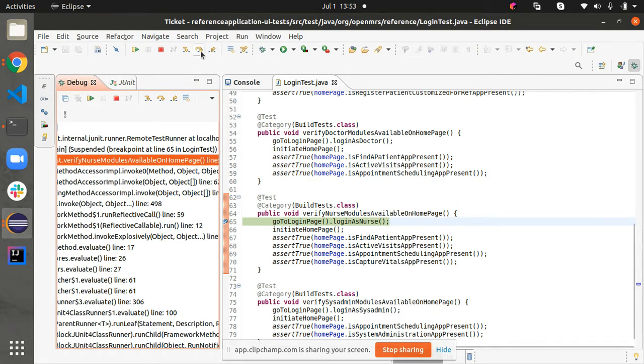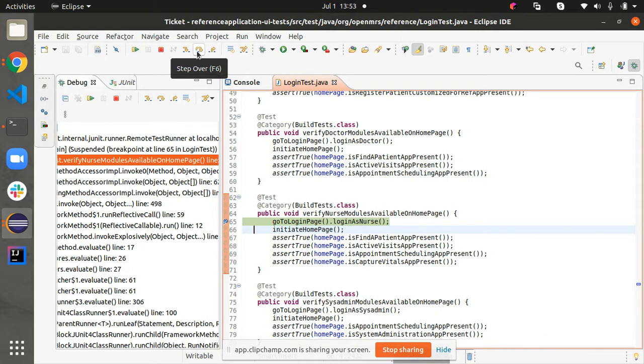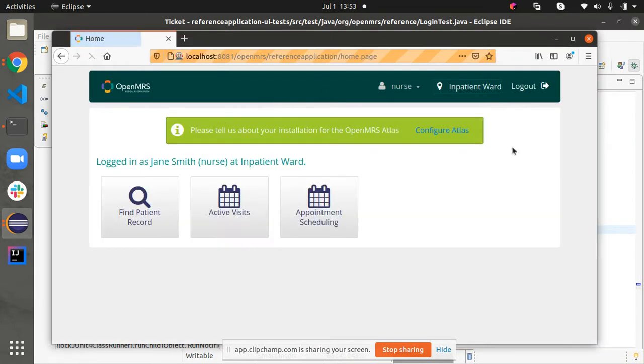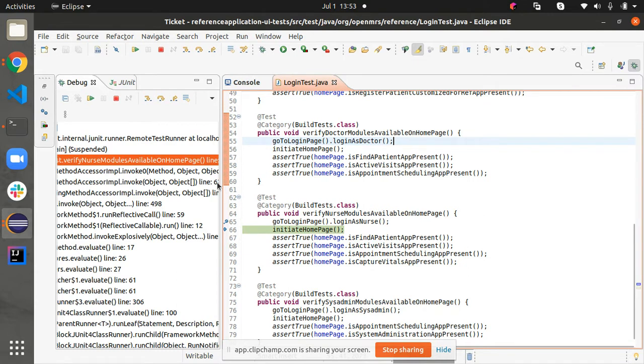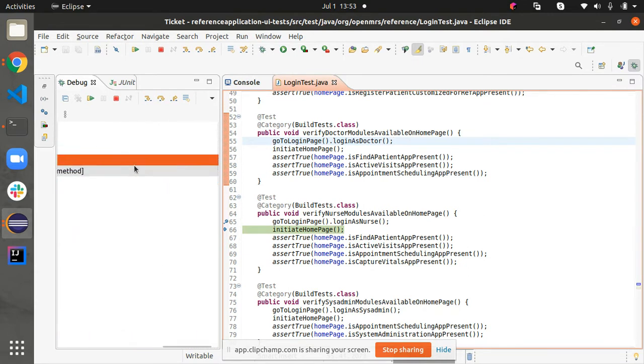I'm going to execute step over, and what I expect the execution to do is run line 65 and then pause for me on line 66. I will execute this step over, then I wait for the execution to take place. As the instance is running, you are always supposed to check on your instance and see what normally happens, to be confident enough. And then we have seen that it has paused on line 66,